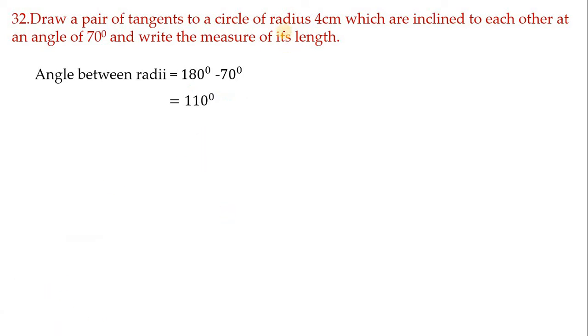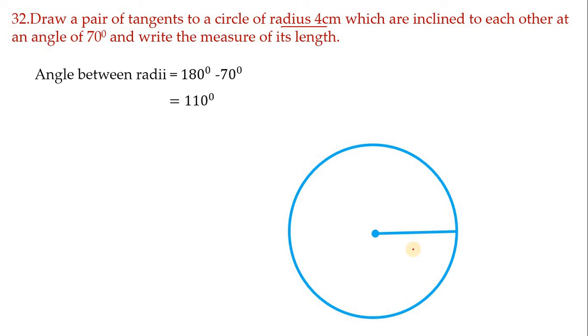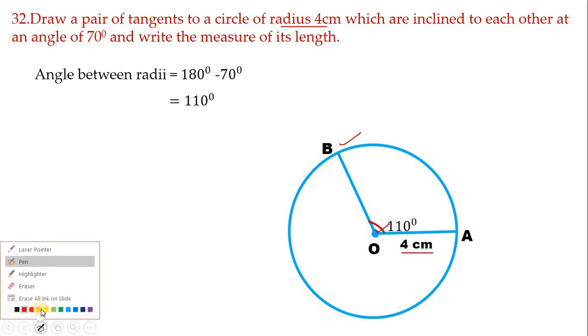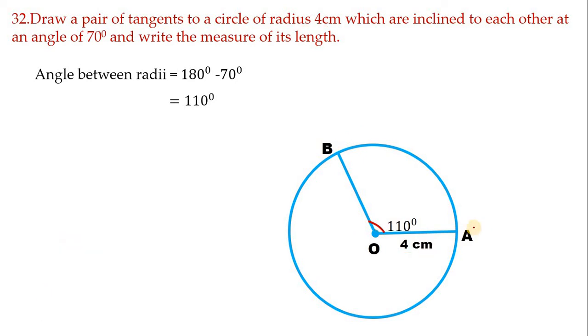So first let me draw a circle of radius 4 centimeter, children. So here I have drawn a circle of 4 centimeter. This is the radius. I'm giving a name for that OA, and I have marked 4 centimeter. Next, place your protractor here, O as the midpoint. Next, draw 110 degree, and I call this point as B, and this angle is 110 degree. Next, I'll construct tangent at point A. So for that, take your compass which is fixed with the pencil and take less than radius of OA. OA is how much? Less than of it, means less than 2 centimeter you can take.